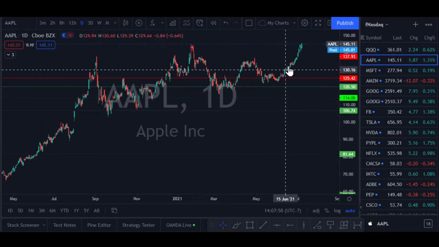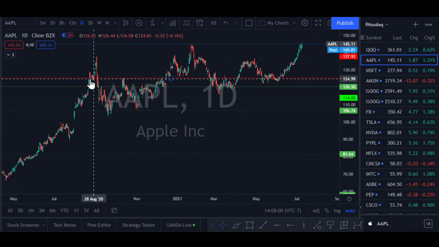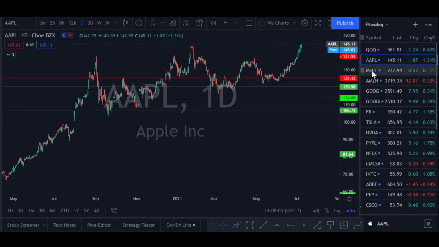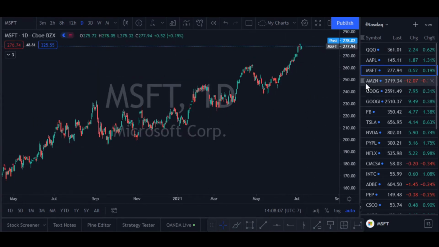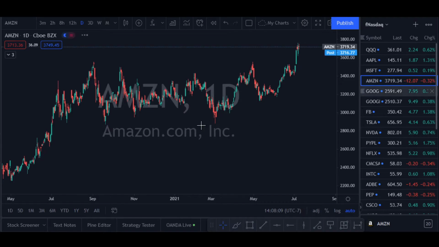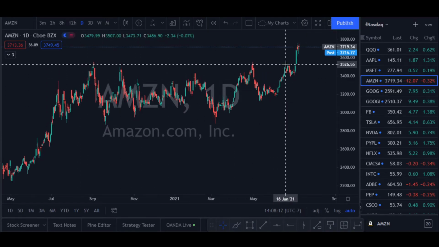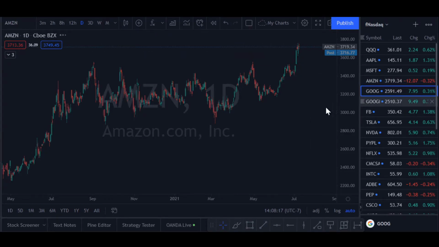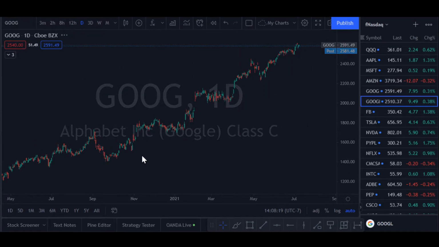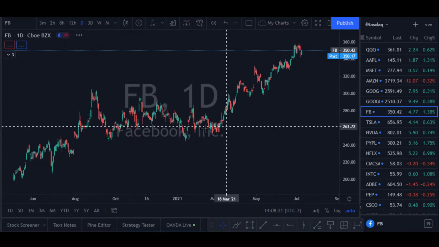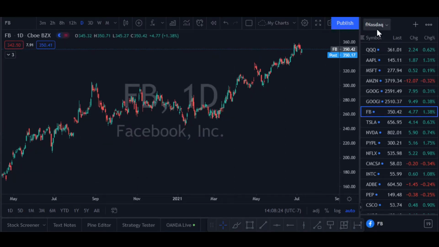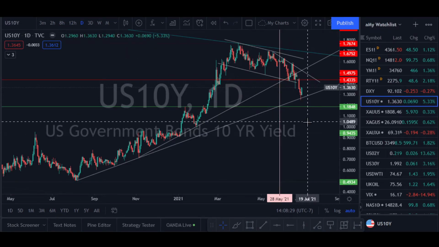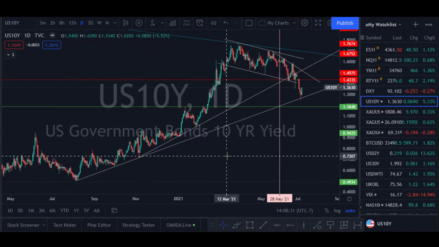Apple, look at Apple at fresh all-time highs after having been mostly sideways for the better part of 10 months. Microsoft's been on a tear. Amazon again sideways, and has now broken out of that sideways action at all-time highs. Google on a tear, both Googles I should say, Facebook on a tear. So for these tech names, yields coming down is really important,